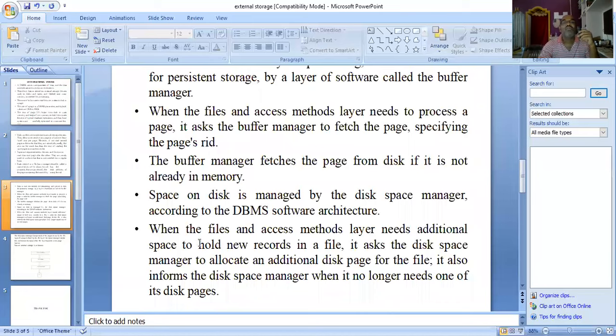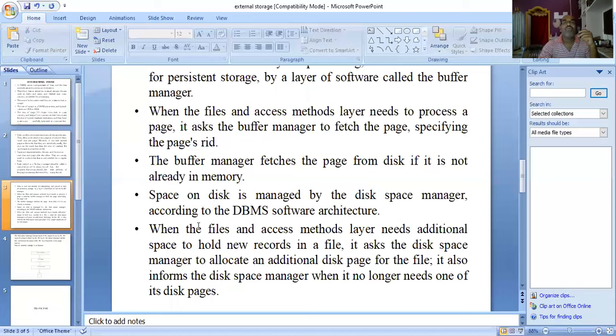And next, when the files and access methods layer needs additional space to hold new records in a file, it asks the disk space manager to allocate an additional disk page for the file.